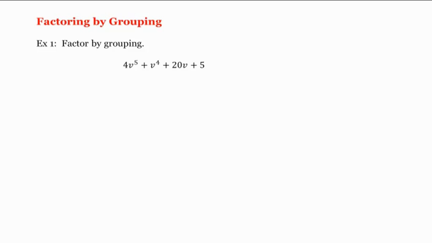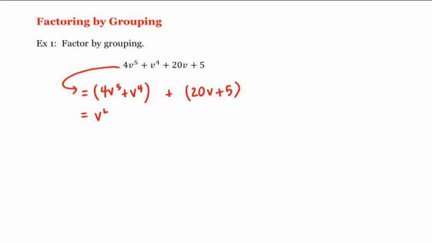And we can begin by trying to group the first two terms together and the last two terms together. In other words, this is equal to 4v to the fifth plus v to the fourth, and then plus 20v plus 5. And now the greatest common factor in the first two terms is v to the fourth power. Factoring that out, we're left with 4v plus 1. And the greatest common factor in the second two terms is a 5. Factoring that out, we're left with 4v plus 1,